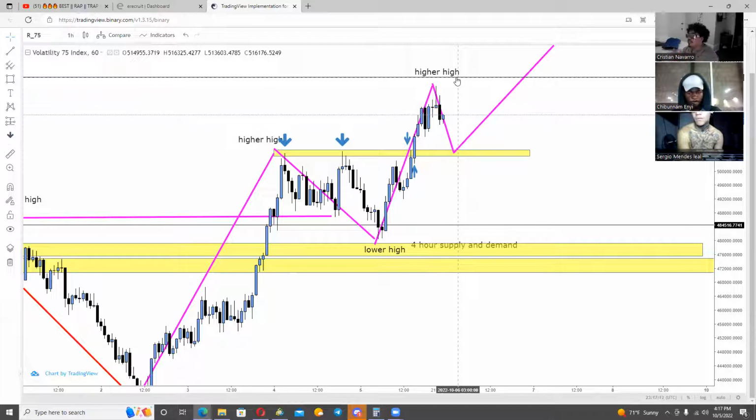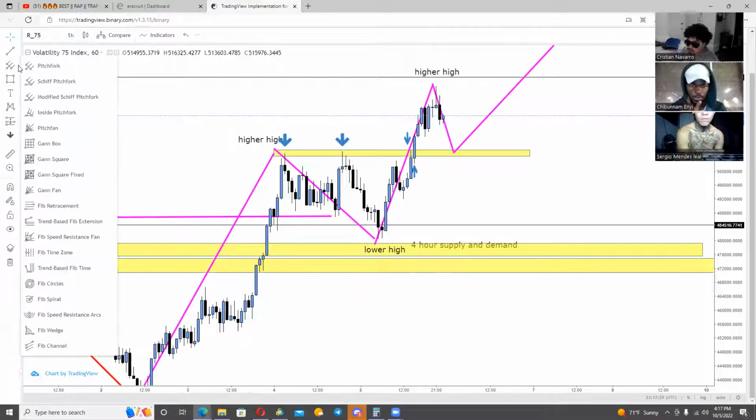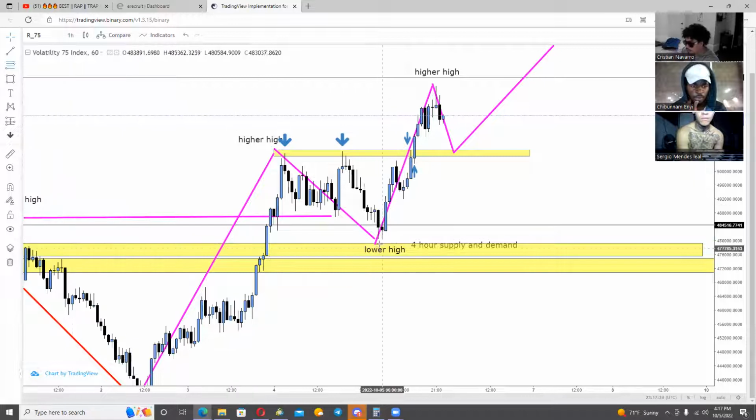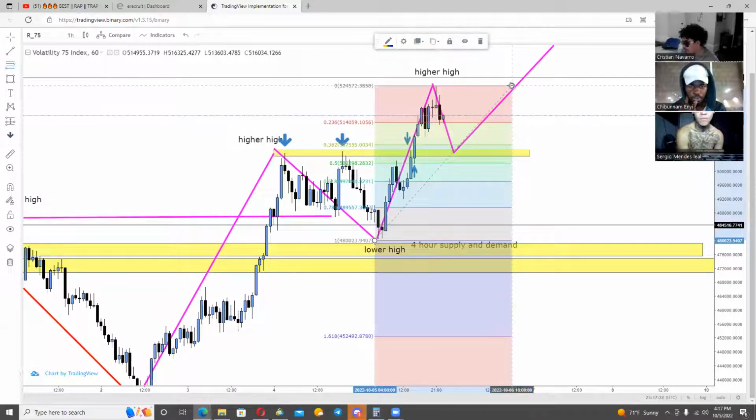But where would that new lower high be? That's when a Fibonacci could come into place. If you don't know what a Fibonacci is, it's just a little retracement tool, nothing big, nothing special. All you want to do is get your lower high point and your higher high point. You want to give yourself anywhere between the 38.2 and 50, which is called the golden zone for some people. All it is basically is going to tell you